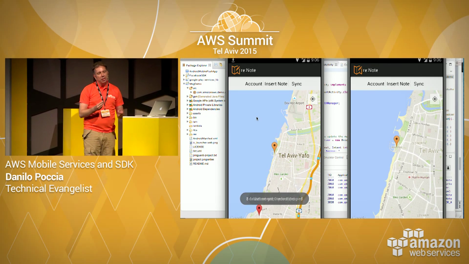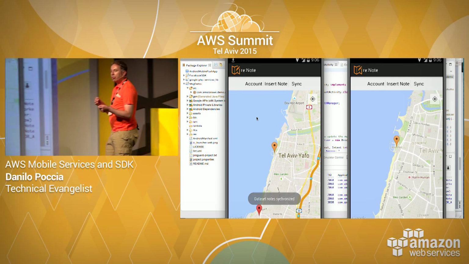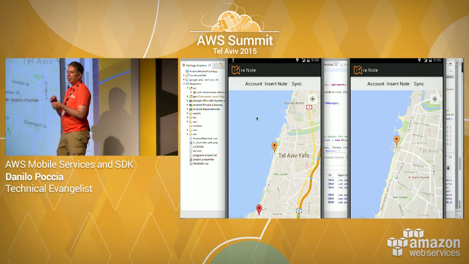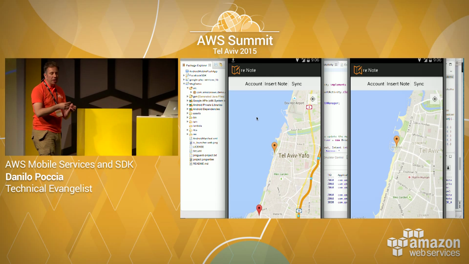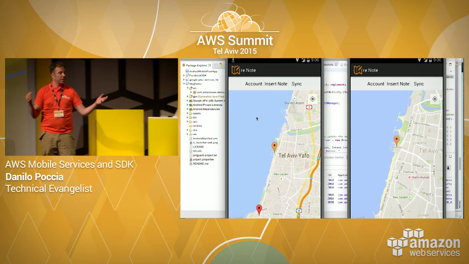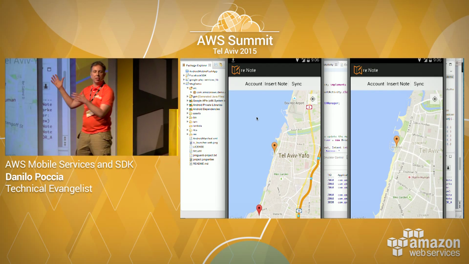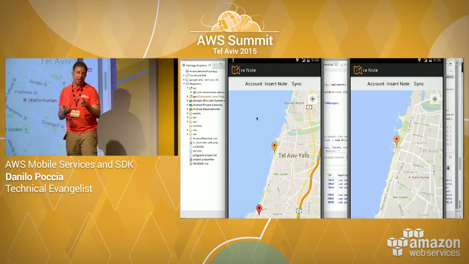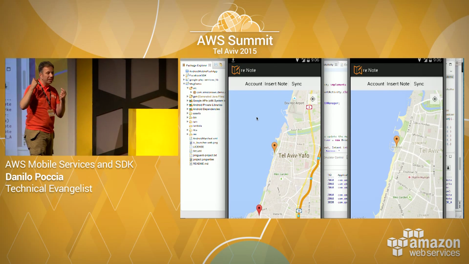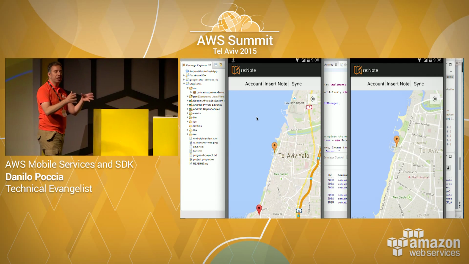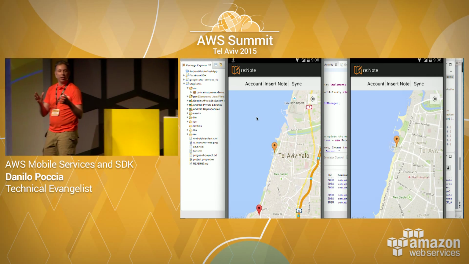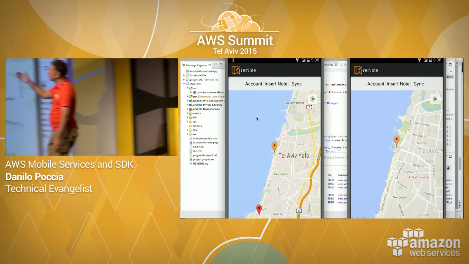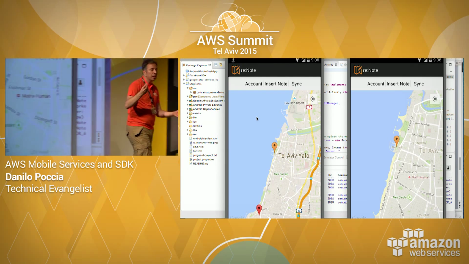But DynamoDB has a way of managing the credentials that is very fine-grained. So I can tell DynamoDB that an authenticated user can, in this case, read any records, because these are public notes. But he can write only the records where the Cognito user ID is in the hash key. So the first hash key, the first field of the DynamoDB item. That means that this user is capable of